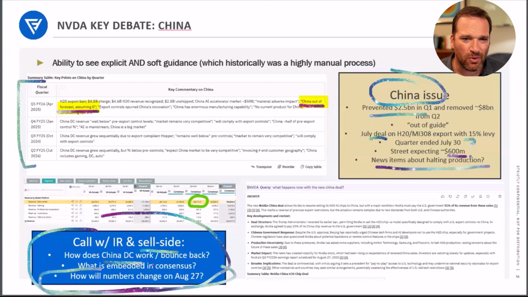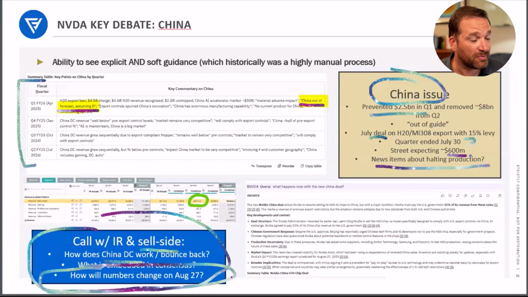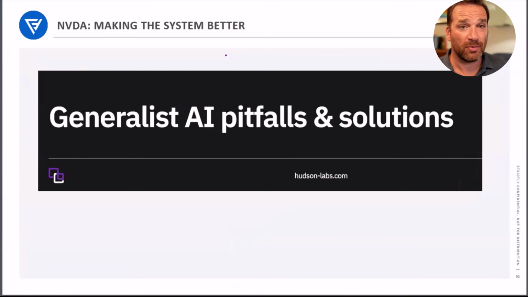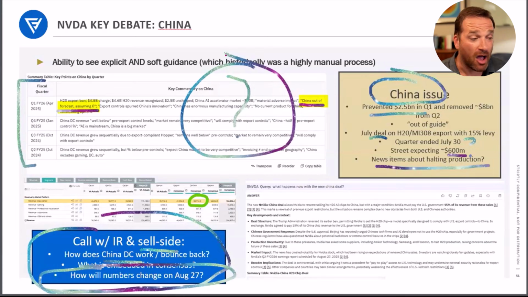Coming back to the key question: how will numbers on this piece change on August 27th? Are we going to miss because there's 600 million still in the number? This deal didn't happen until the end of the quarter, so 600 is going to be zero. Is there upside to the Q3 guide because it's going to come roaring back in Q3, and so the guide is going to surprise us to the upside in Q3? I think these are questions that require further research, but this process helped me get to that framing more quickly than I would have been otherwise, and did so in a reliability architecture that was a lot better than